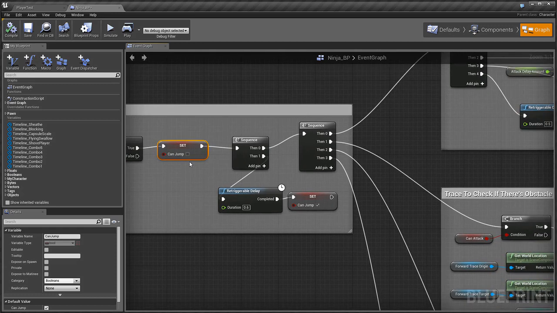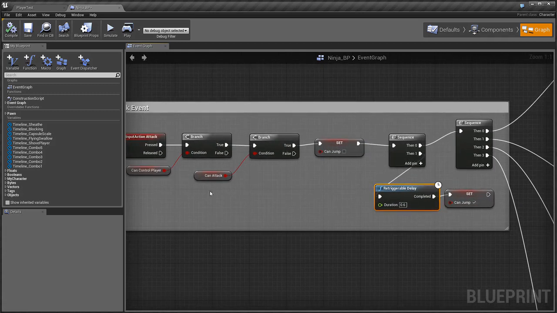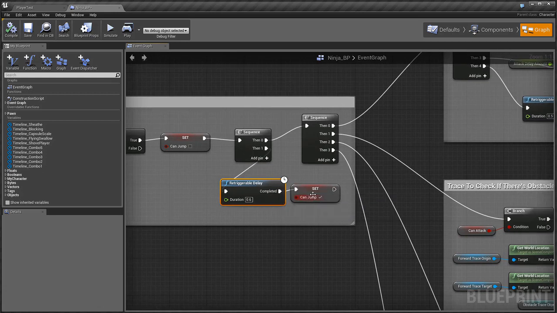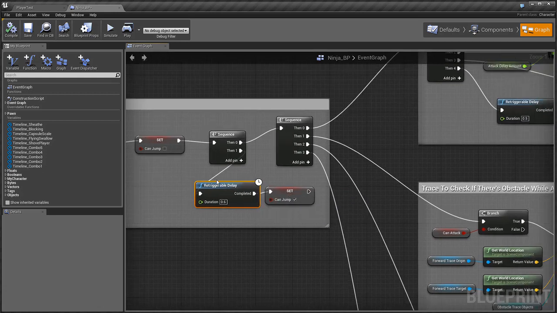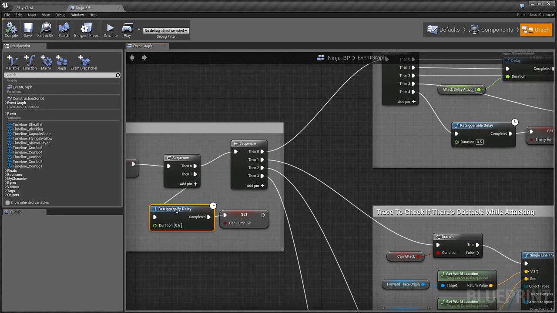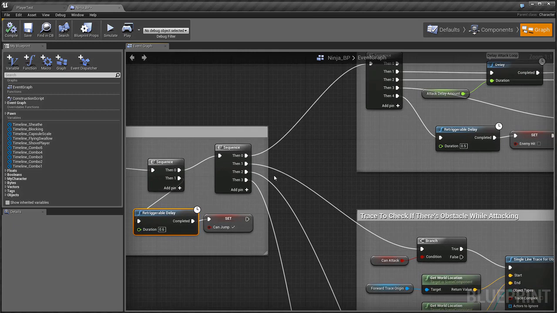And then the jump resets based on this delay, and it's retriggerable so that if you kind of rapidly tap the attack button, this will just keep resetting until you stop doing it, and then it'll set jump back on. Otherwise you might get some overlap where you can jump while you attack if it's just a normal delay. So then it splits out into various pieces,